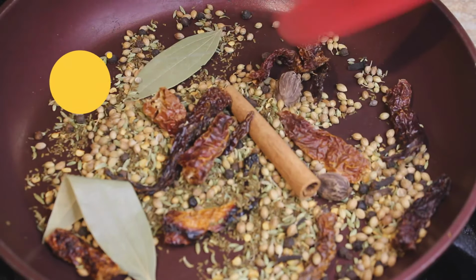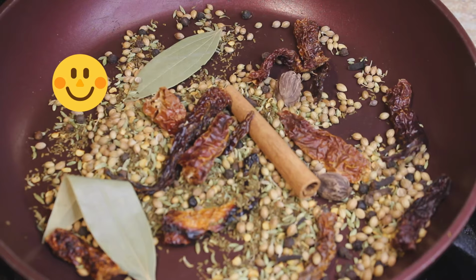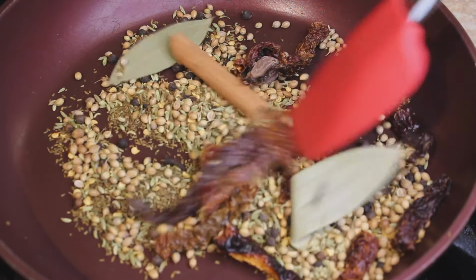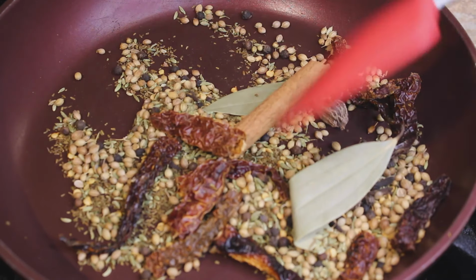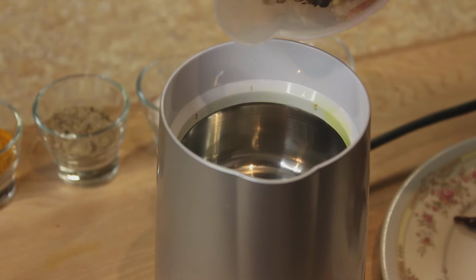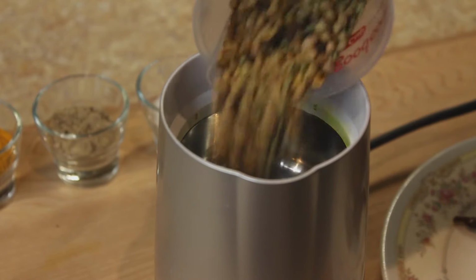Now I can smell the aromatic flavors from the spices. At this point, I'll turn my stove off. It's been almost 2 minutes, and I'll transfer it to a different plate and I'll let it cool before grinding. These spices have cooled down. Now I'll pour it in my dry grinder,